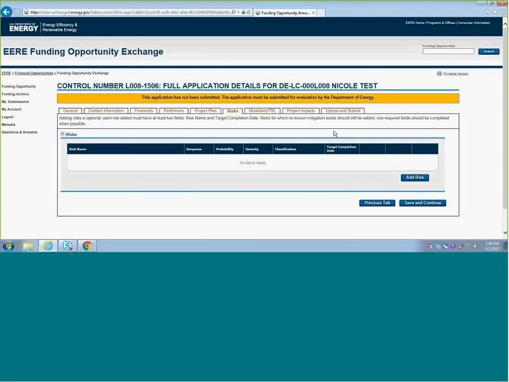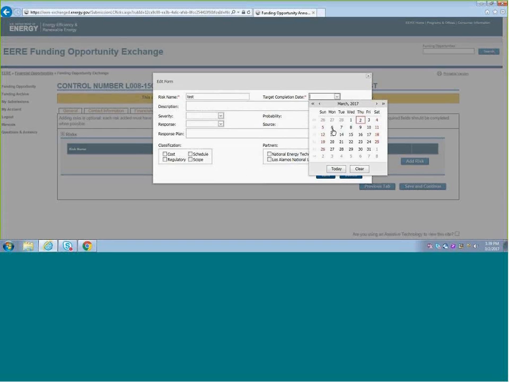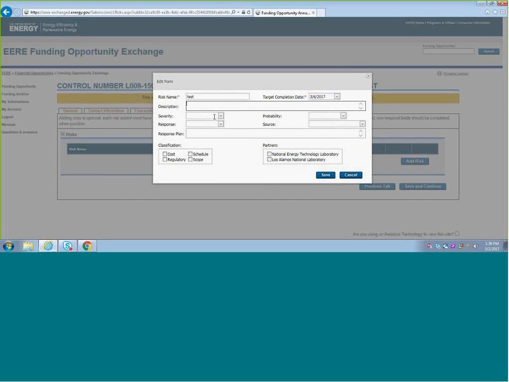If you do add them, there's a few fields that are required. But again, if you know this information, as much of the information as you can provide is best. But once you click Add Risk, you'll see another pop-up form. Enter the name, the target completion date, any description that you have of this further than the title, information about the severity, the probability of the risk, what type of response you can propose, the source of the risk,